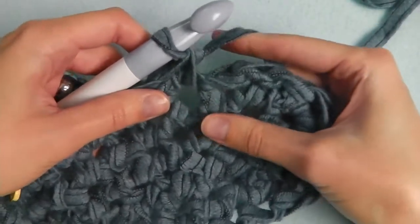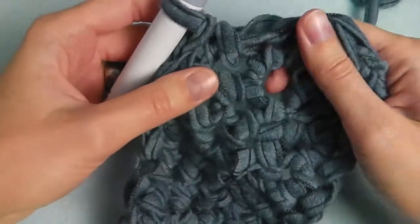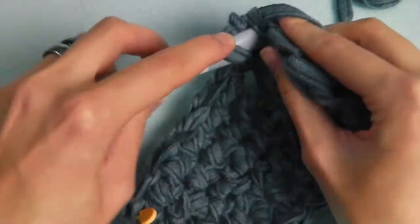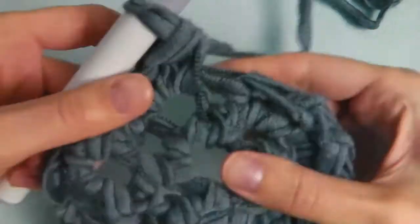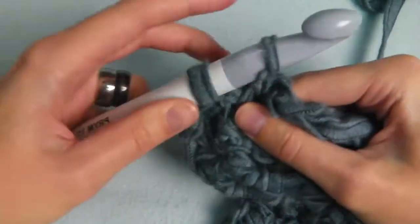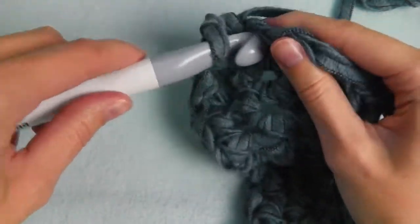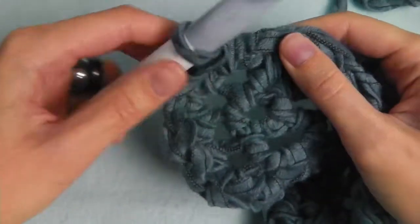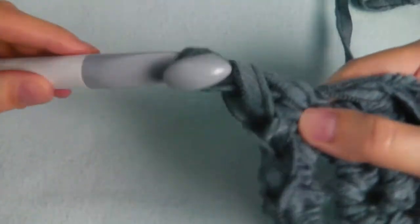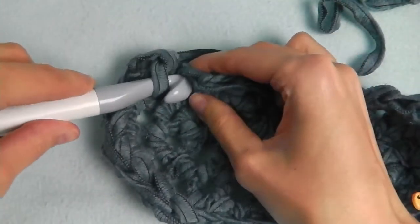So we increase now every second stitch. So crochet 1 single crochet into the first stitch, then 2 single crochets into the second. 1, and 2. 1 single crochet into the next, and 2 single crochets into the second stitch. And again 1 single crochet to the next, and 2 single crochets into the second stitch. And all the other stitches here are single crochets